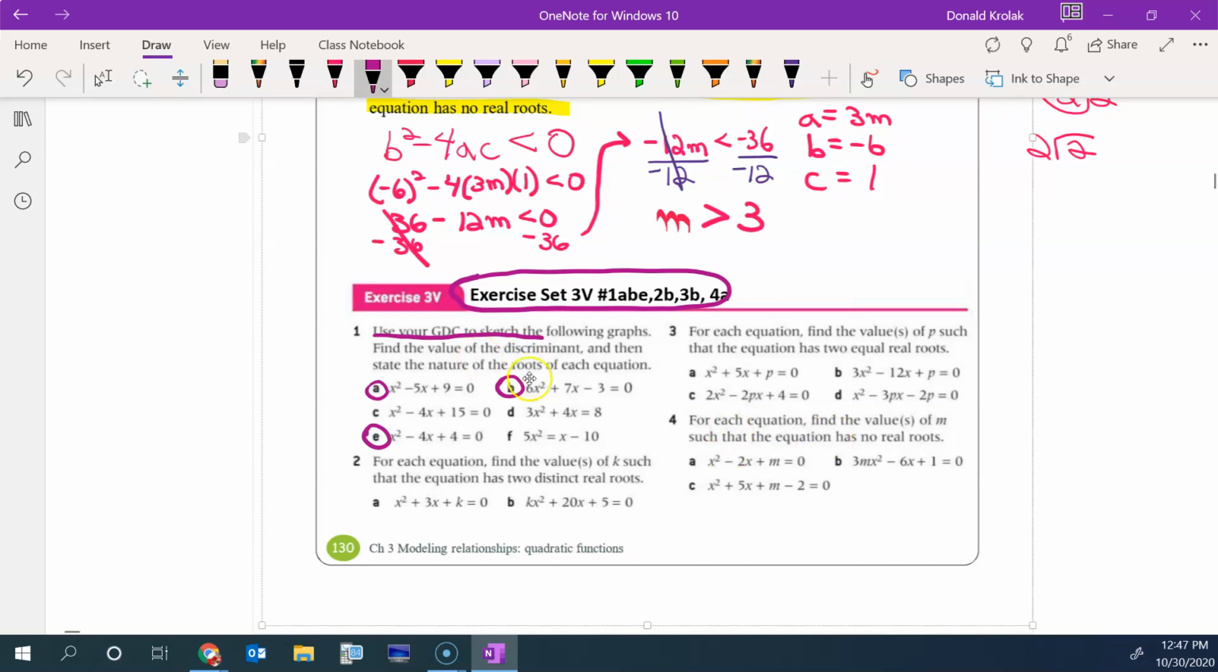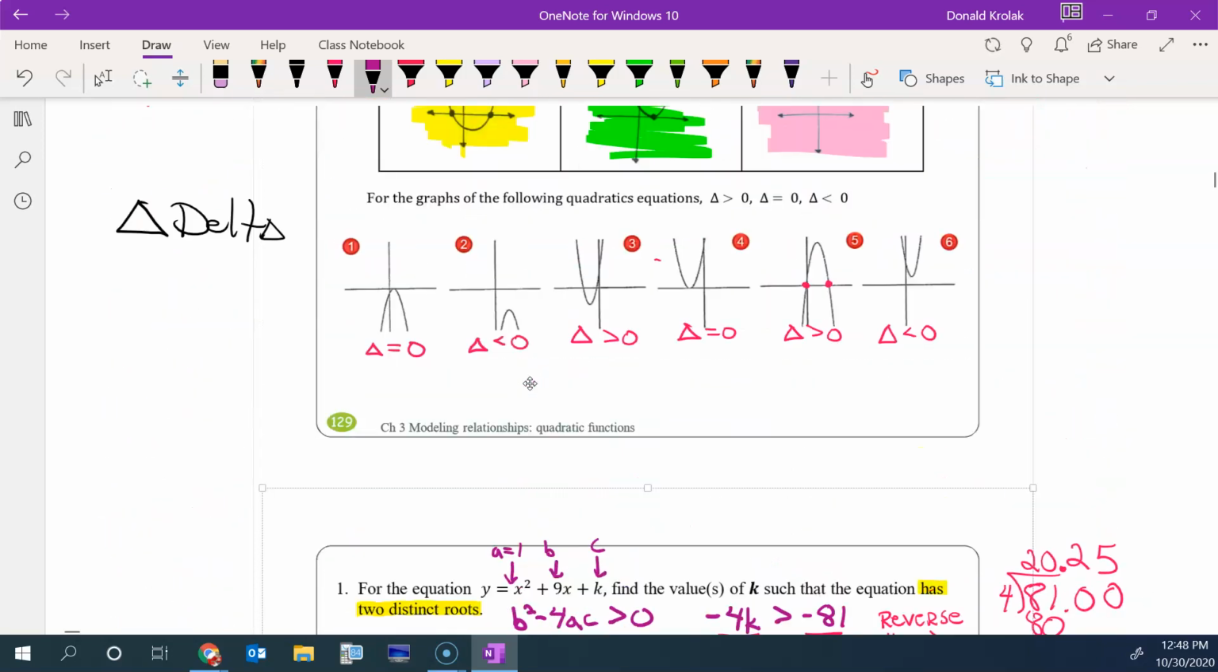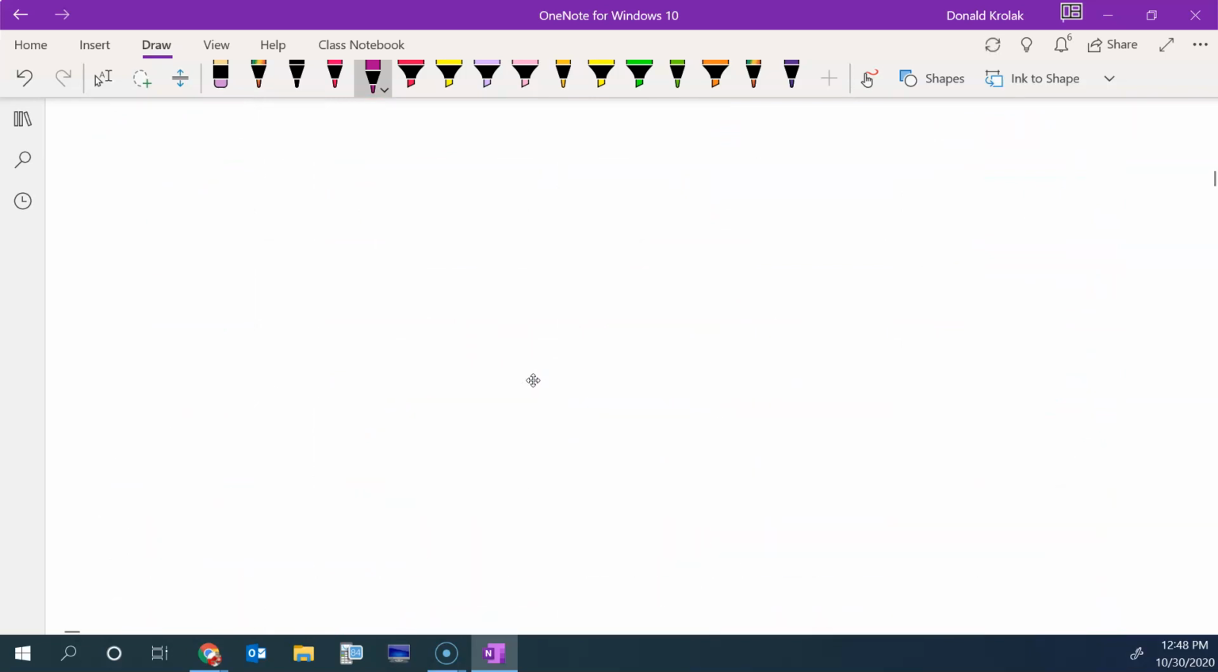So when it says state the nature, that's when you're writing out,